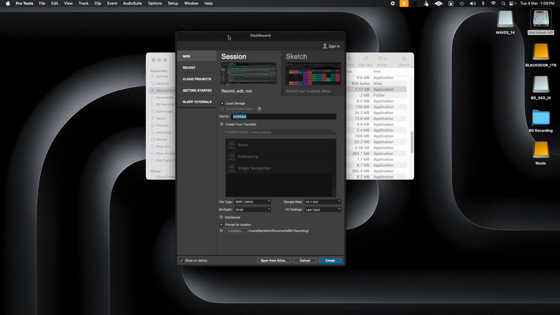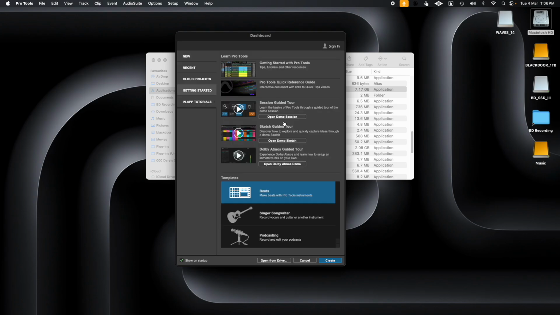As it says here, we're going to open up that, and in the dashboard, we're going to create a new session from scratch. So there's a bit of a talk through all of the things you can do. You can go to the recent tabs and open up any recent sessions you might have used. You can access your cloud projects by signing into your Avid account. And there's a couple of things here in the Get Started and in-app tutorials which are quite useful. So these are things like if you want to find out about certain aspects of Pro Tools,